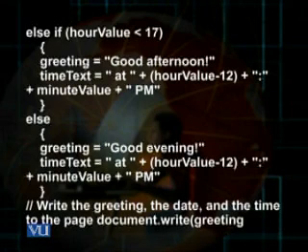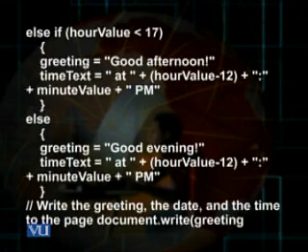Assume that the system returns us 16 hours, but I want the time to be stated as 4 PM. So therefore, from 16, I would subtract 12 to get 4. So in this way, I get my result as 4 PM and not as 16 hours. Then there is another else statement.